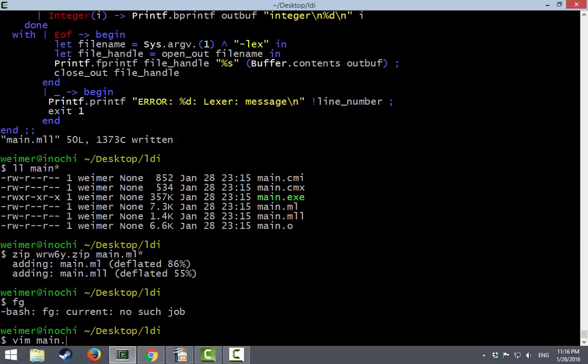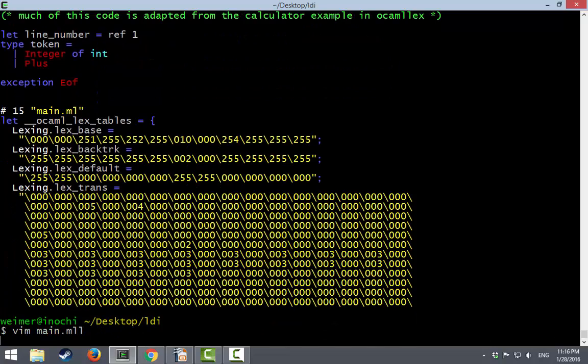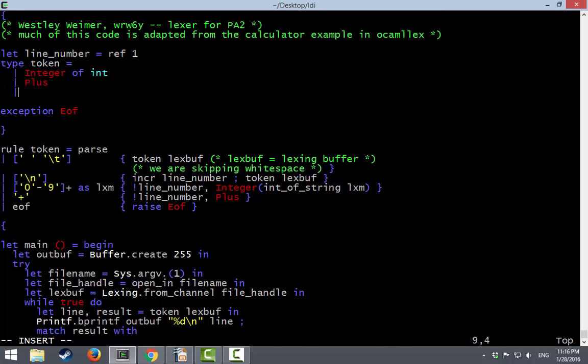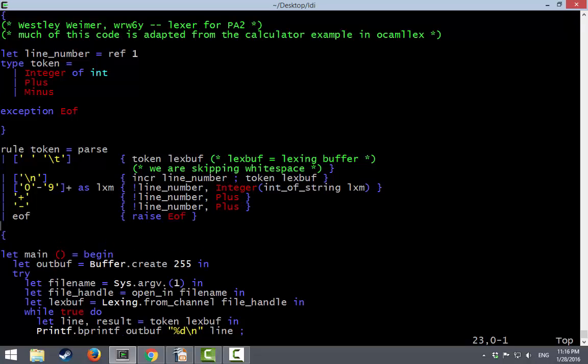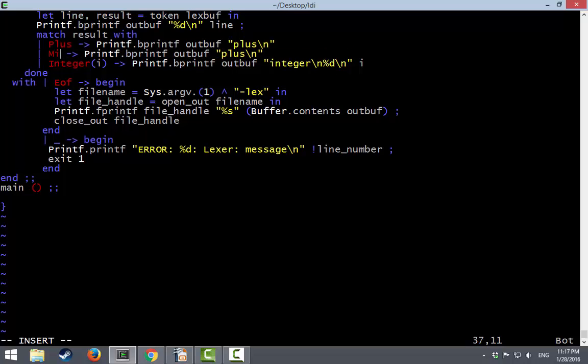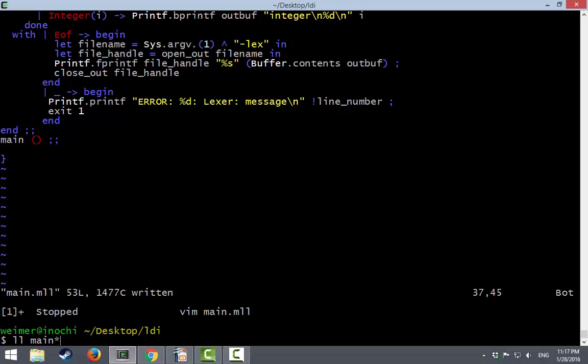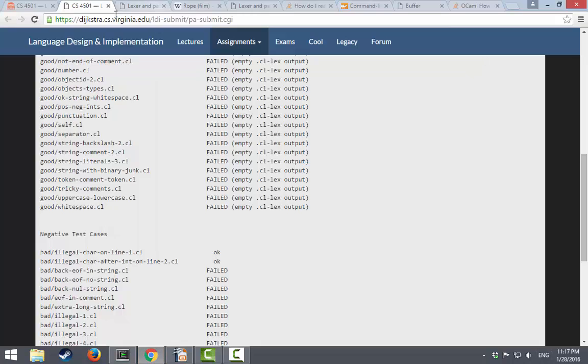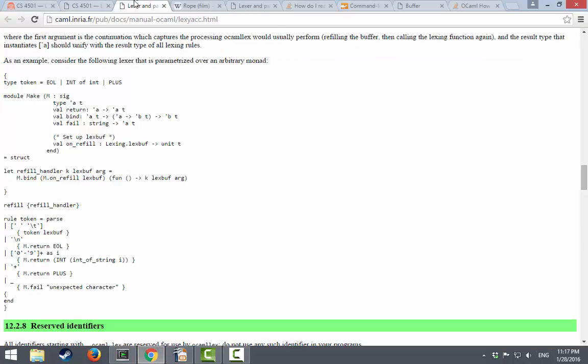You would then go on to just add in some others. In addition to plus, I want minus. It looks something like this. And then down here, something like that. And we would recompile. And you would want to do that for, can't find it,